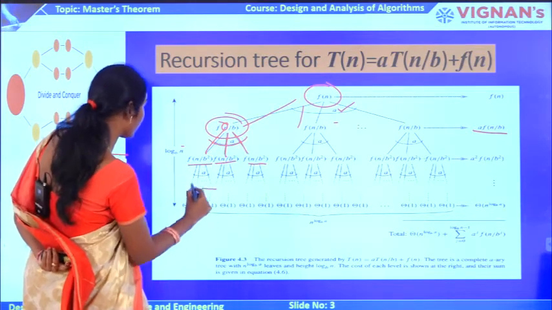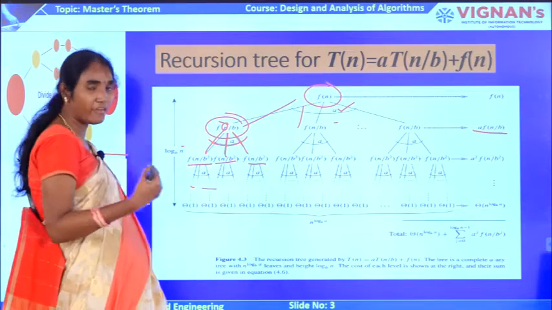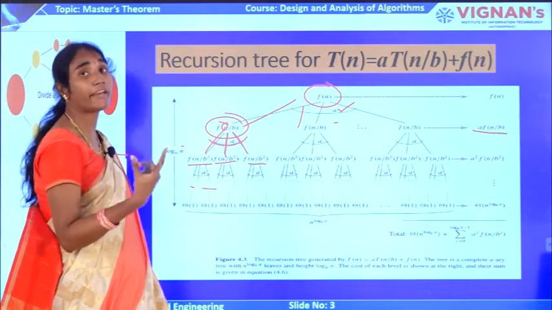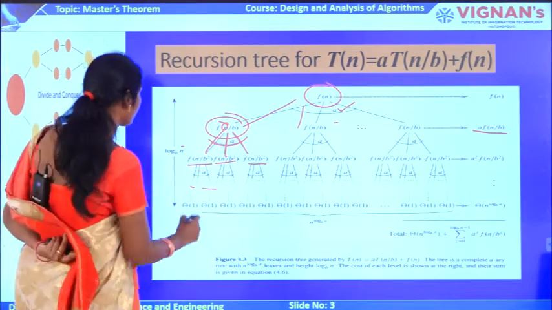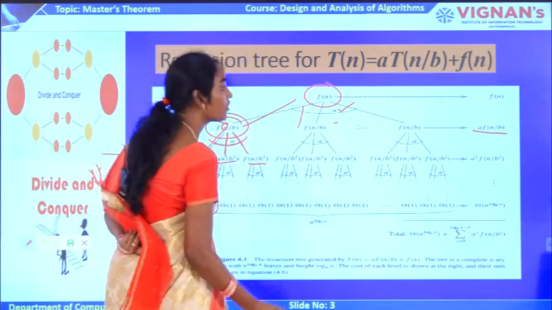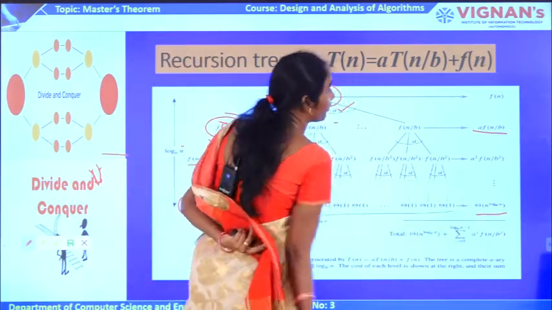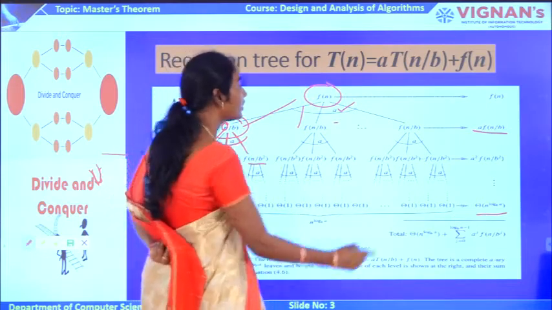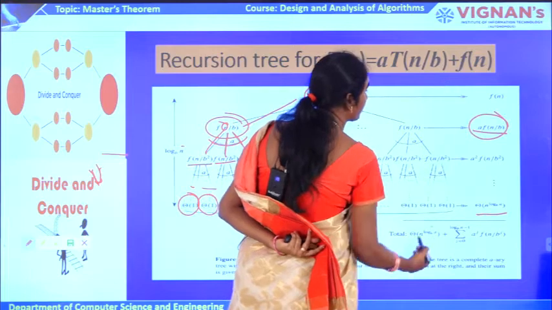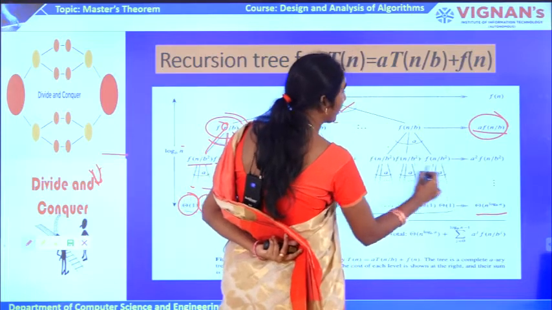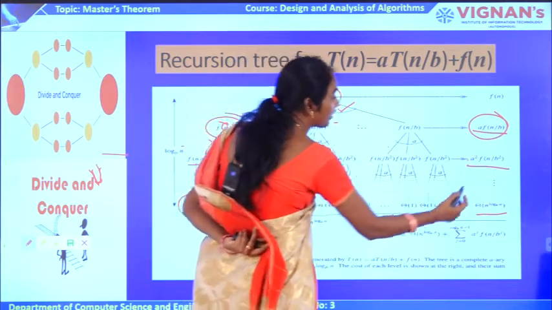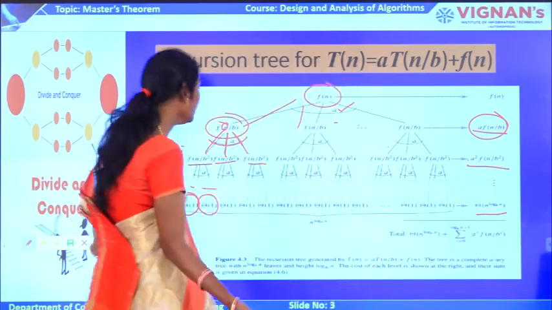If I am going deeper, I will be having only a smaller subproblem. That smaller subproblem can be solved directly and I can give a direct solution. So that can be written as theta of 1, theta of 1, theta of 1 and so on, n times. So this can be theta of n to the power of log n to the base a. Here I already have a into f of n by b, and also a into a square into f of n by b square. So finally I will be having theta of n to the power of log a to the base b.